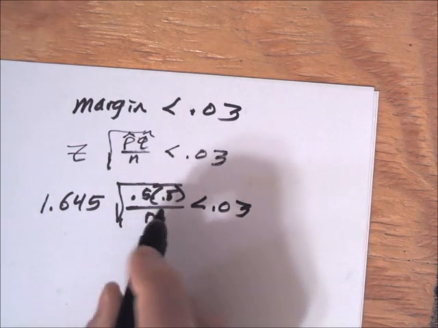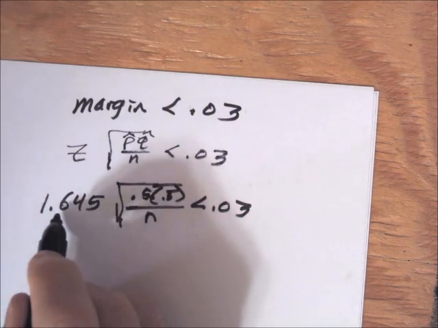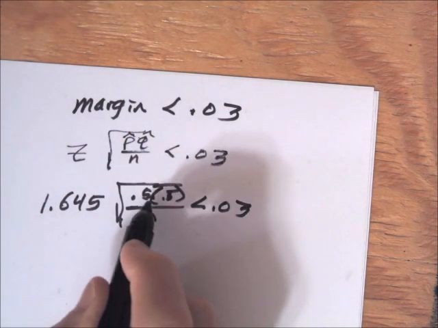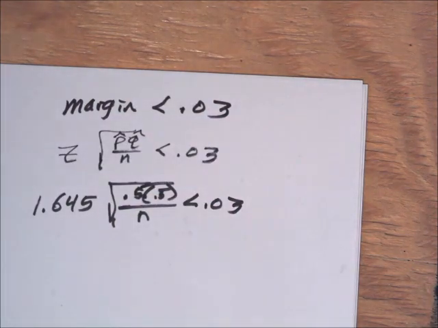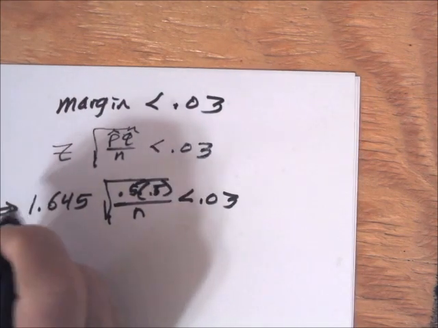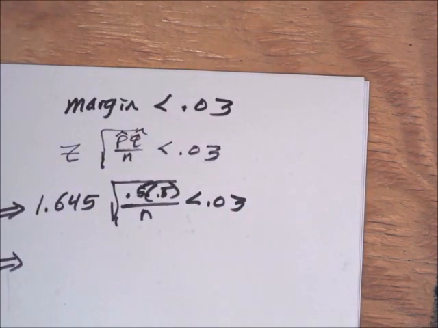So we can multiply 1.645 times the square root of 0.5 times 0.5 to simplify this, and we'll have 1.645 times 0.5, you get 0.8225